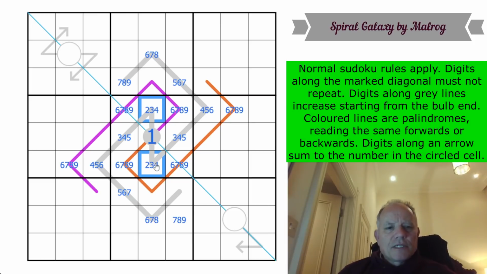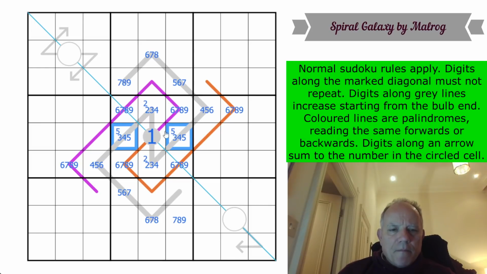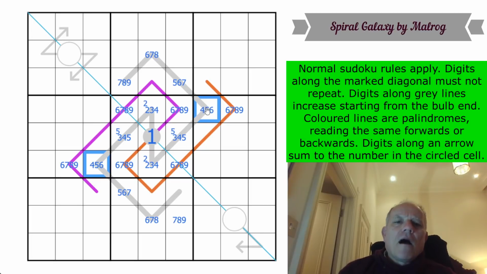Okay, 2 is confined to one of those cells in the central box. They're the only cells with a 2 candidate. And 5 is confined to these two. Now, one of those must be a 5, obviously. So therefore, one of these must be a 6. Yeah, okay. Whichever one is a 6,